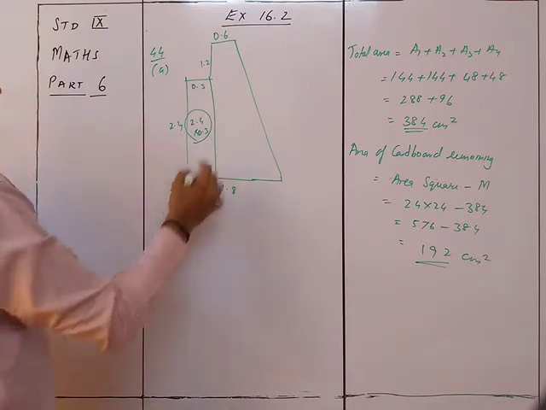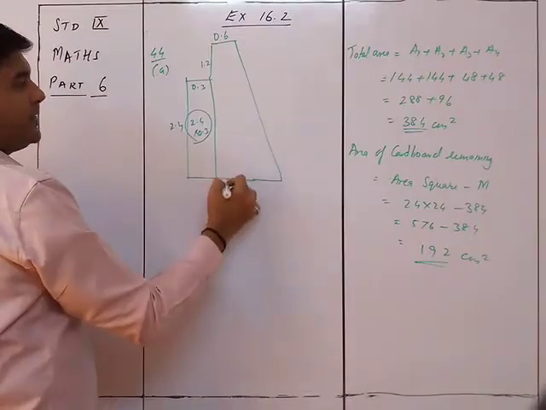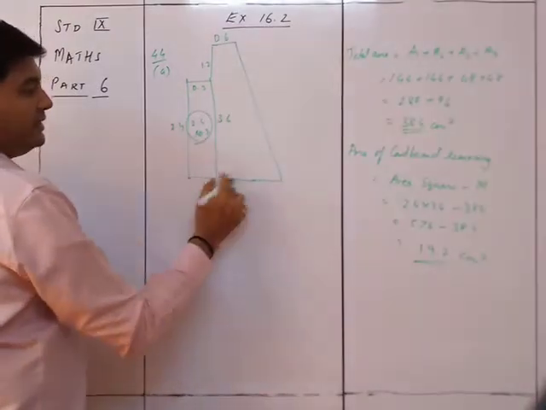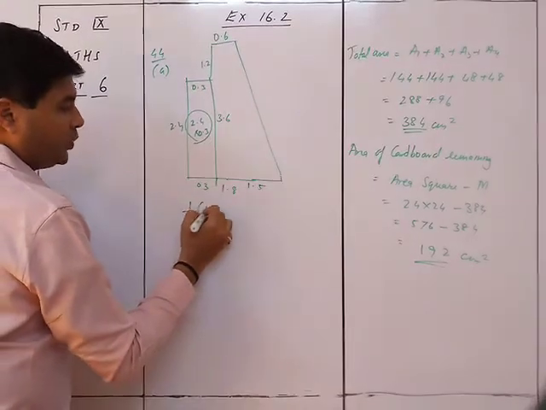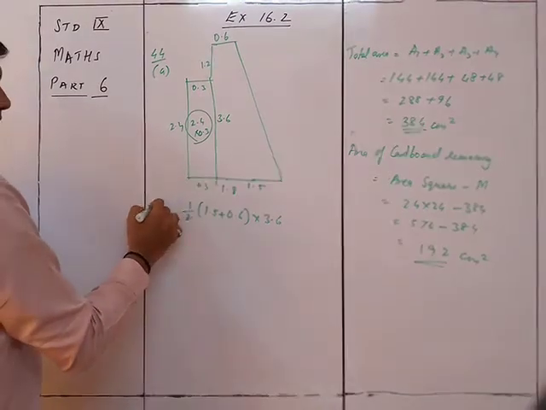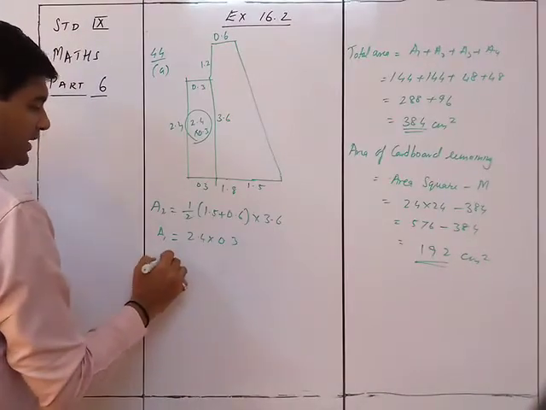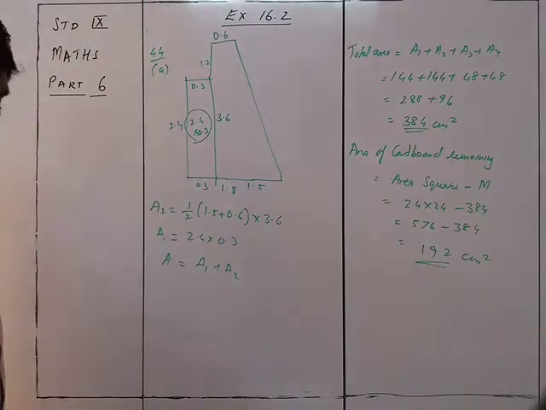That is the area of this part. Now this is the complete thing from here to here. The height of this trapezium is 3.6 because 1.2 plus 2.4 is 3.6, and this is 0.6, and here over here subtract 0.3, so this will be 1.5. So it will be half into 1.5 plus 0.6 into 3.6. That will be the answer for A2. A1 is 2.4 into 0.3. So A is equal to A1 plus A2. This is what you are going to do in sum number B. That was sum number A of 44, sum number 41.